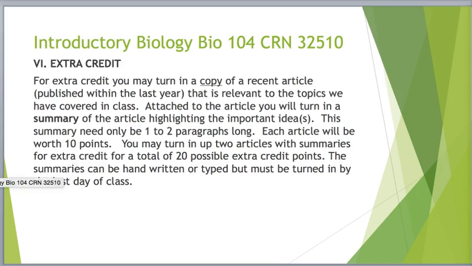People always want to know about extra credit. There are small opportunities for extra credit through iClicker quizzes and other opportunities in the semester, but otherwise the basic extra credit that is available to you involves finding an article, a recent article, that means it's published within the last year, that is relevant to any of the topics that we've covered in class. This is a huge range of things in biology. It could be something chemical based, it could be physics, it could be environmental science, it could be DNA technology,